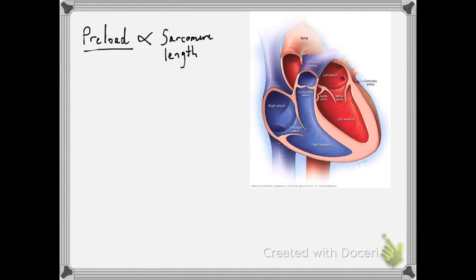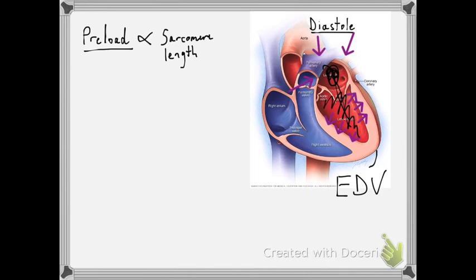We're going to be examining the heart during diastole, and as we will recall, the filling that happens from the atrium into the ventricle during diastole will cause the ventricle to enlarge in size. This will cause stretching of the myocytes. The atrial kick will provide even more stretching onto the walls of the ventricle. The final volume in the ventricle at the end of diastole is called the end diastolic volume. We can therefore see that the ways to measure preload, or at least to estimate preload, includes end diastolic